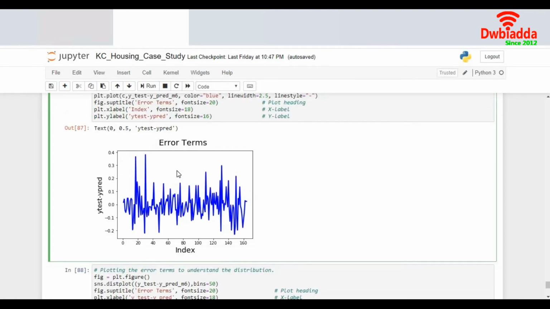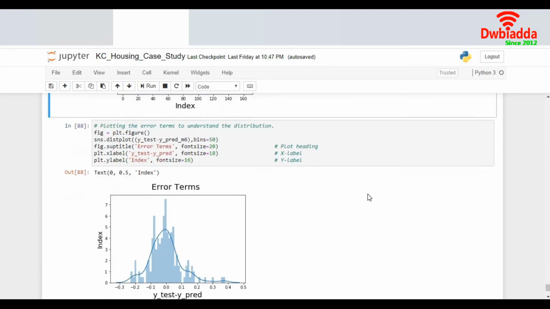If I look at the data here, I don't see any particular trend in this. I see a big spike at some times and a lower spike at some times, and most of them are close to zero. So this is again another indication that the model is doing good. Had this been a model which has failed to learn a particular pattern, then we could have seen a pattern in the error terms. But as of now I do not see any pattern and most of them are close to zero. So this gives me a good sign and I can conclude my model is doing good based on this.